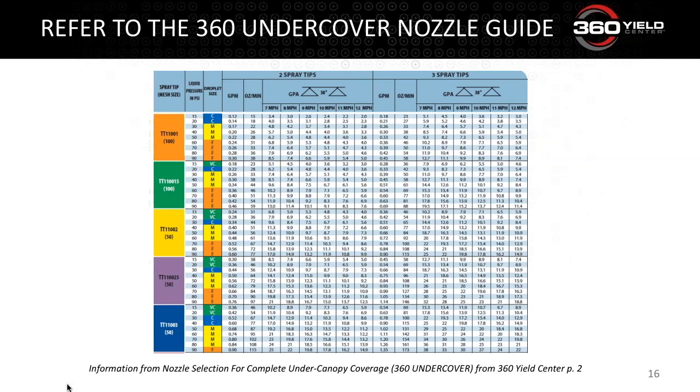I told you we were going to go 9 miles an hour. So we can go over to that 3 spray tip side and find that 9 mile an hour column. And I told you that we wanted to spray 15 gallons per acre, right? Those small numbers in the 9 mile an hour column are the gallons per acre. So I'm going to go down 9 miles an hour until I find